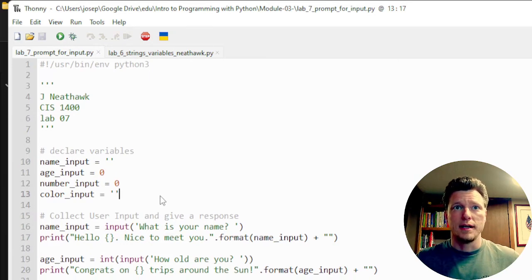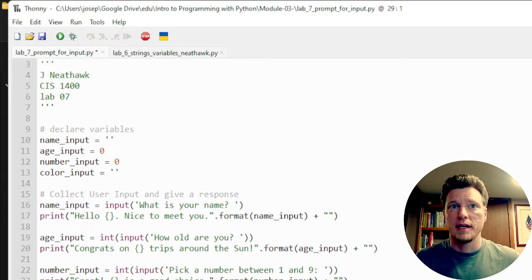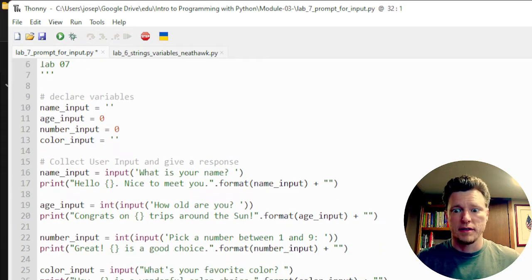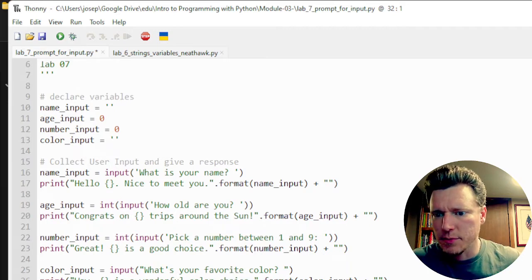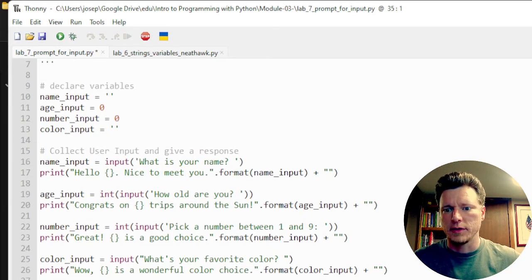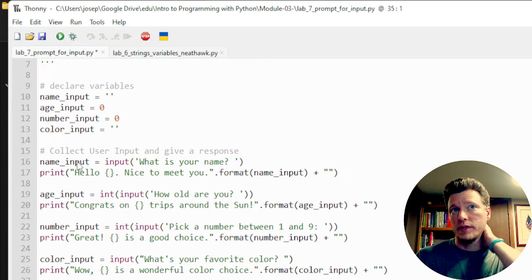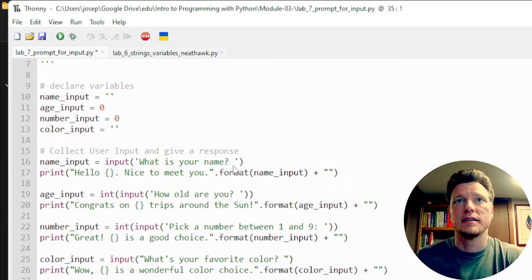So I'm doing this one after another, right? Kind of the way I told you not to do it last time, but that's okay. I want to make sure I get all of this on the screen here. There we go. Okay, so first one with the name input, this is how we're going to get input from